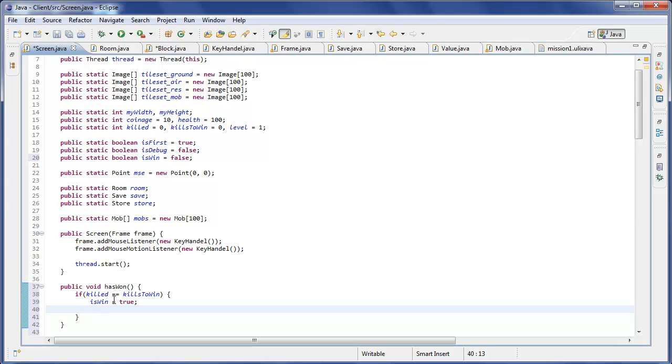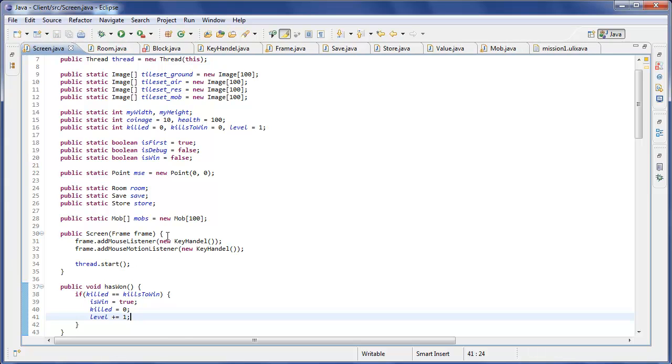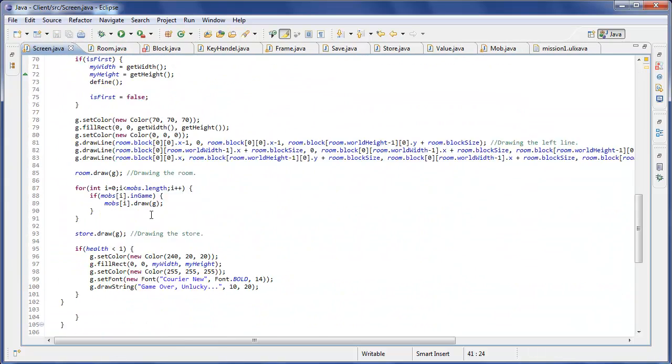and killed equals 0, and level plus equals 1. There we go. That's just perfect, actually. So,